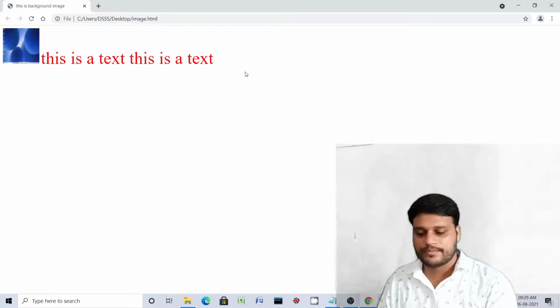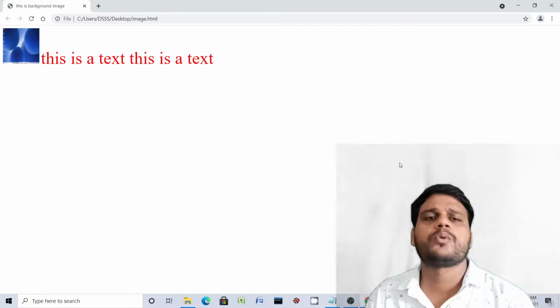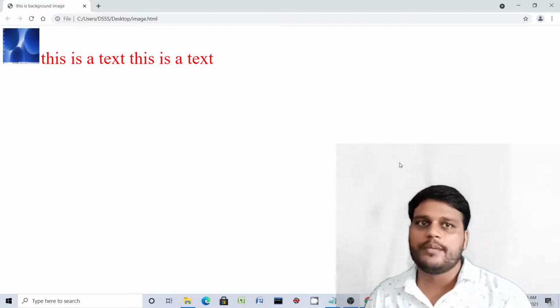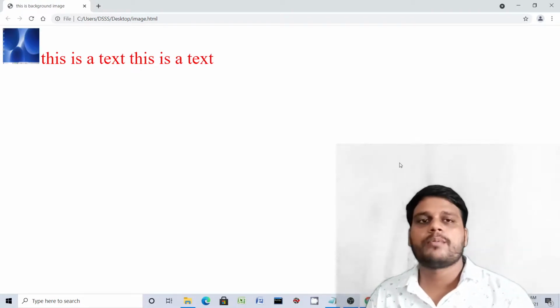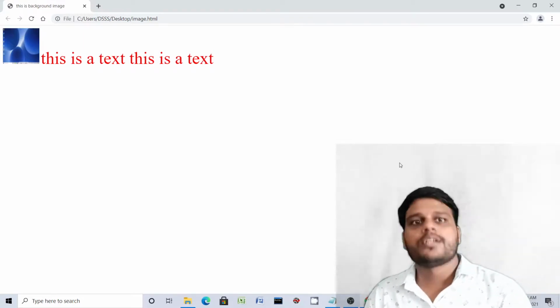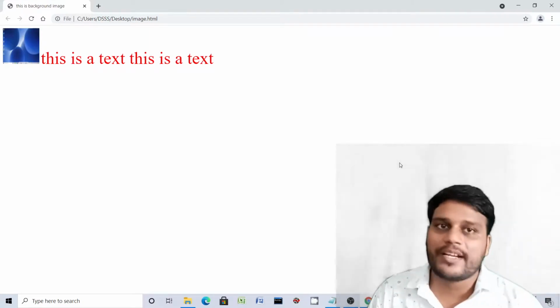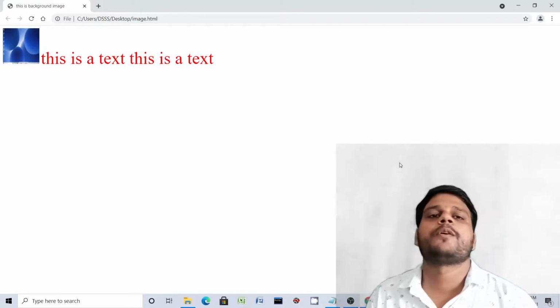Okay, in some cases, due to a slow connection or due to unavailability of that image, there are some problems. Suppose someone is opening a web page and the image of the web page has been deleted on the server, then at that time what will be displayed in your web browser?